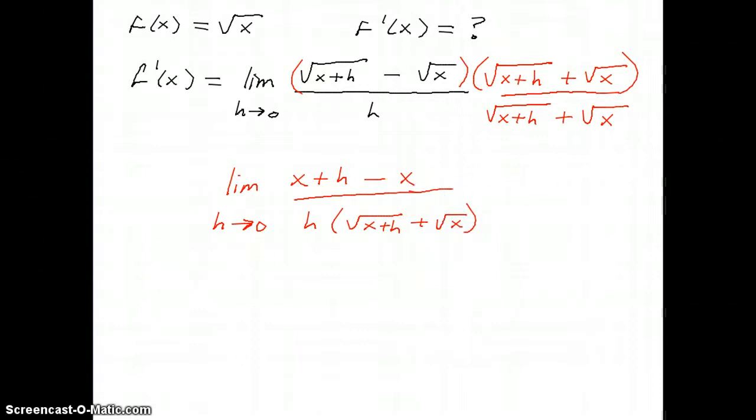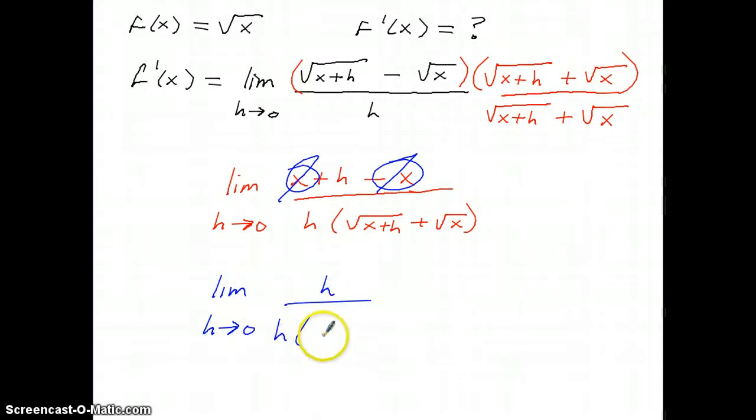And at this point here, we have a minus x and a plus x. These guys cross each other off. And lo and behold, by rationalizing the numerator, we end up being able to cross off some h's, which gets rid of our division by 0 problem. All right? So we have the limit as h goes to 0